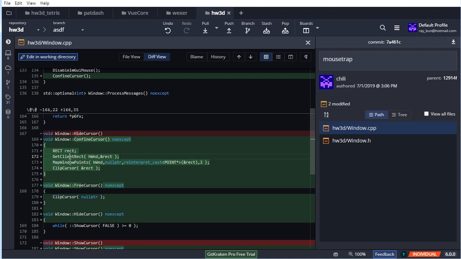So the first thing we've got to do is get the client rectangle of our window. We get that rectangle, and then we map it from our window space into screen space. Since a rect is just a structure of two points, you can call the function MapWindowPoints with 2, and it will map the two points of that rect in the corresponding window into screen space. And then you just call ClipCursor with that,